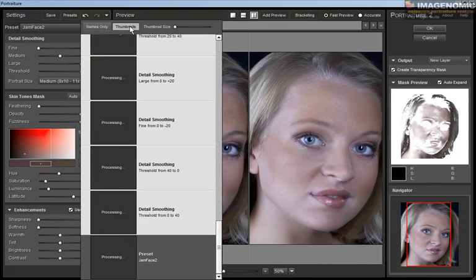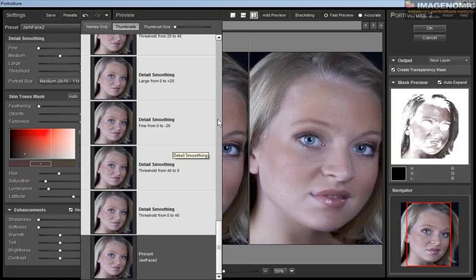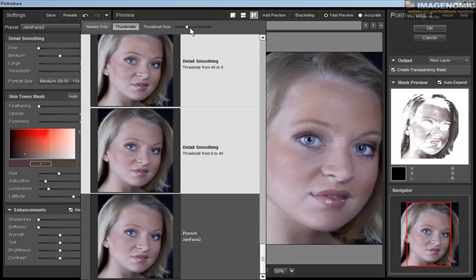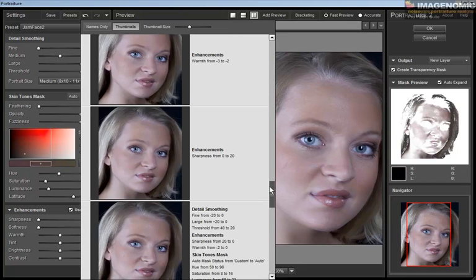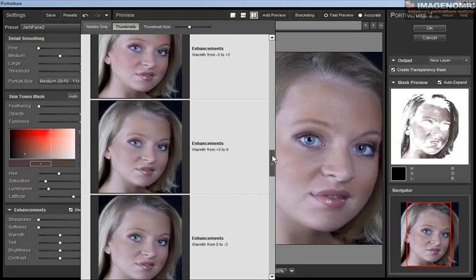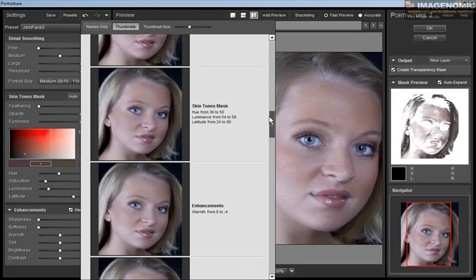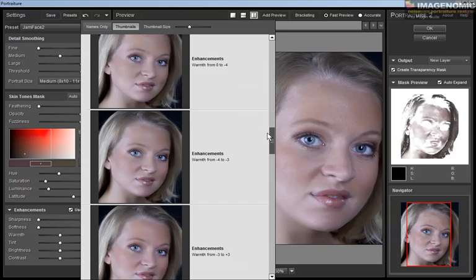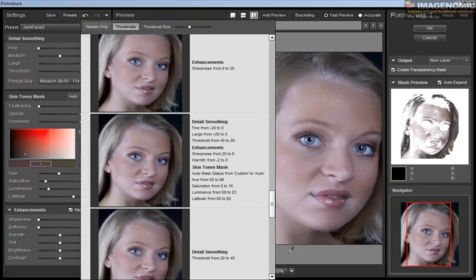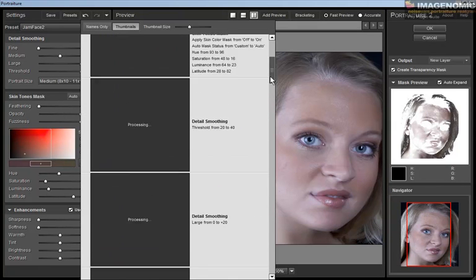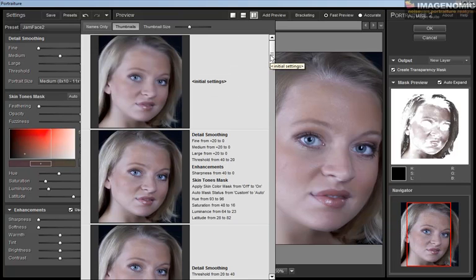We also have a thumbnail history that shows what each of those settings does, and the thumbnail history is resizable. So you could go through here and start looking, you go, wow, between those two like that, I like that. Or you're yakking on the phone, you forgot what you did, why you did it, and you go back through here and you go, ooh, what a big change between this guy, and how did I actually get down to this guy? So we give you the ability to visually look at your history, which is really nice without having